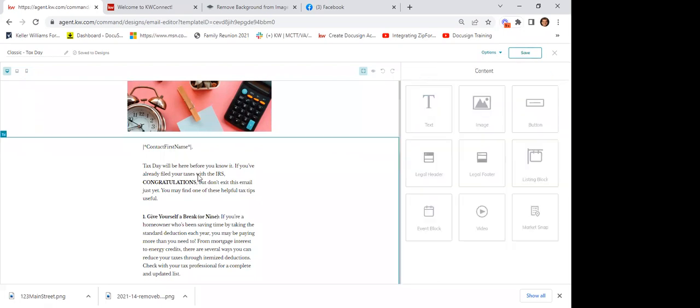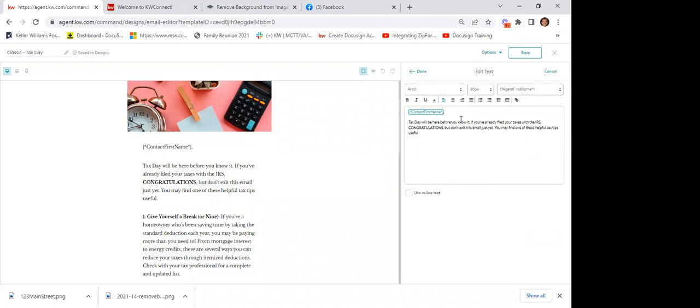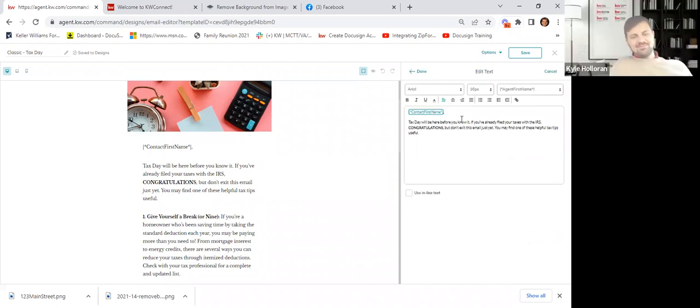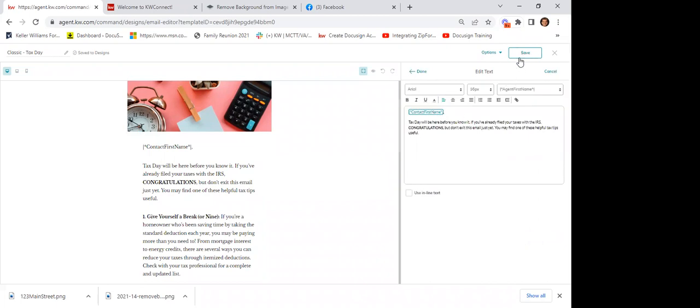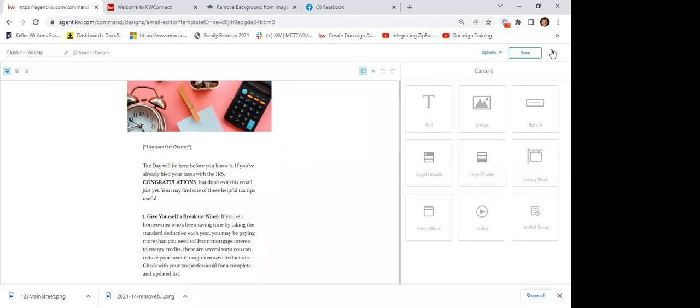If you click cancel, it cancels whatever you just did. I get that a lot. People are like, I hit save, and it didn't save, because you're automatically instilled in hitting save before you do anything. So you had to hit done first. Yep, and that saved it. Okay, you got it.